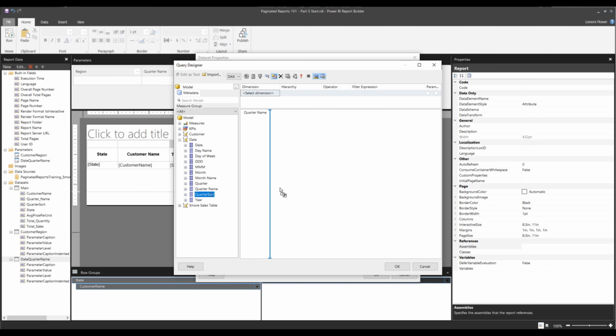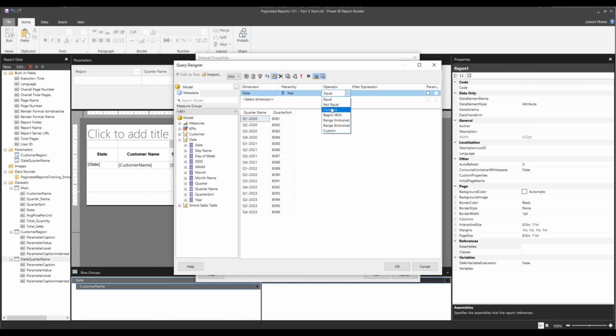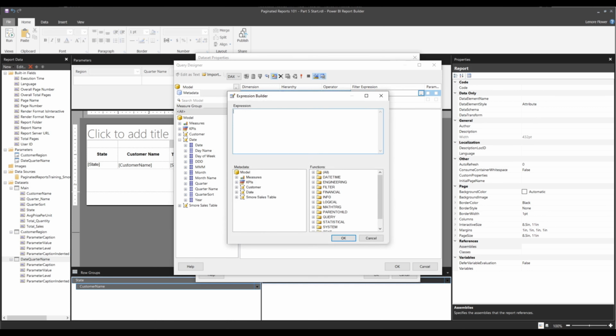I'm going to pull in quarter name and quarter sort. Now suddenly we've got our quarters in chronological order, which is what we need. But recall that I wanted to further limit the amount of data that was populating to match up with what's coming into the main data set, so we don't end up with quarters that just have no value and are confusing report users. So I'm going to apply the exact same custom filter that we set up for the main data set